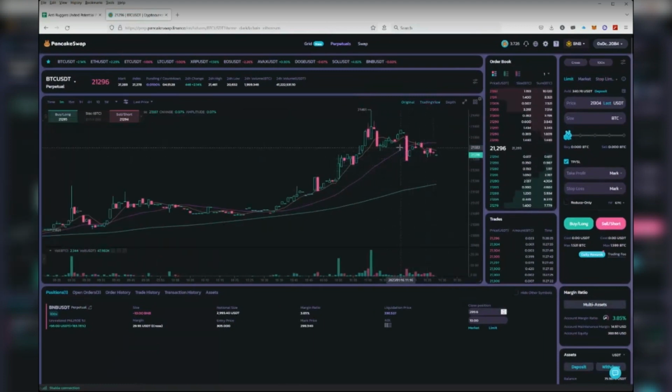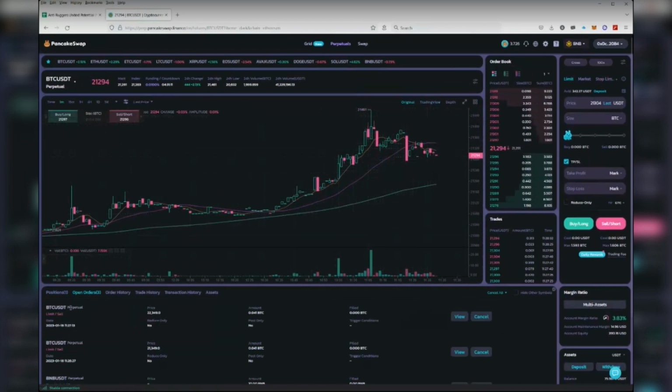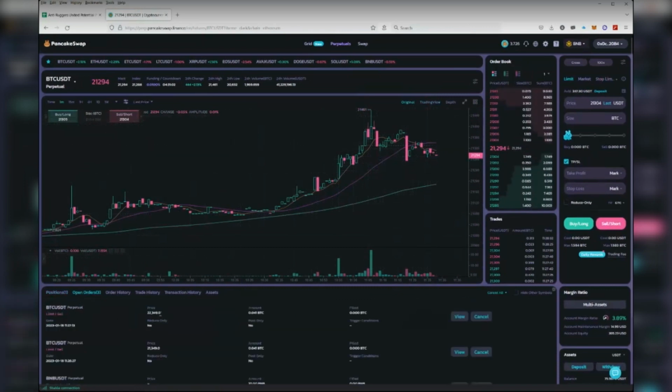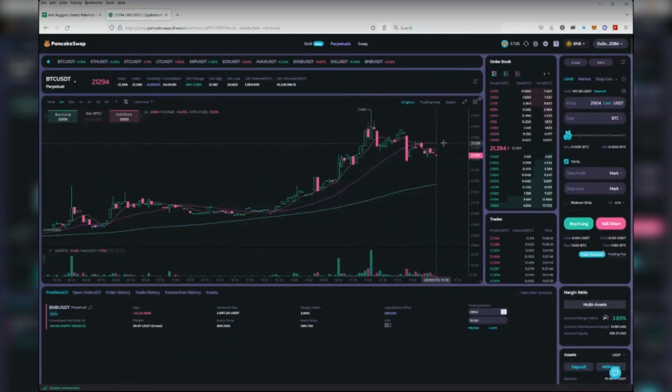Okay, so technically, this signal would have already triggered, because it would have triggered here. But I put it in too late to show you guys. Since yesterday, you would have been in half of this trade. Once this triggers, it's going to sell at 21,349. It's going to sell the 0.04 Bitcoin here, and then it's going to sell another 0.4 at 22,349.